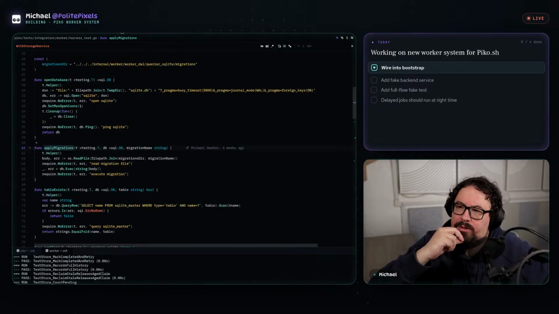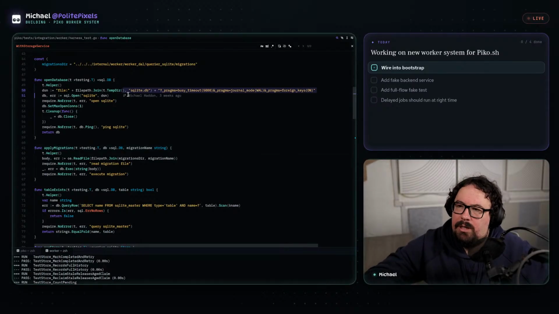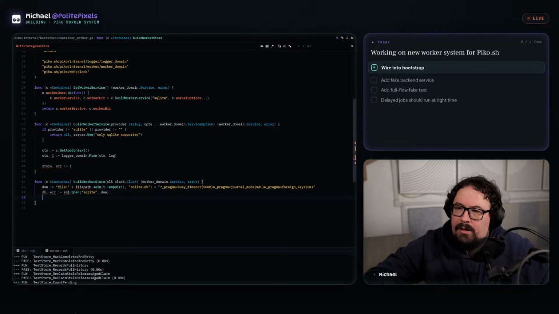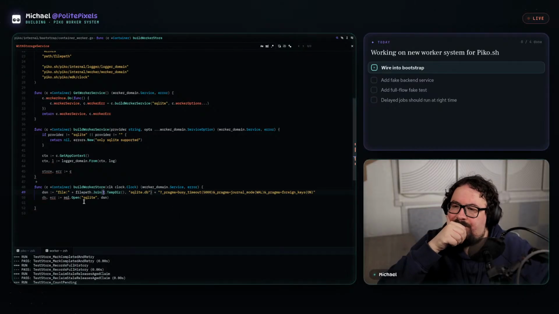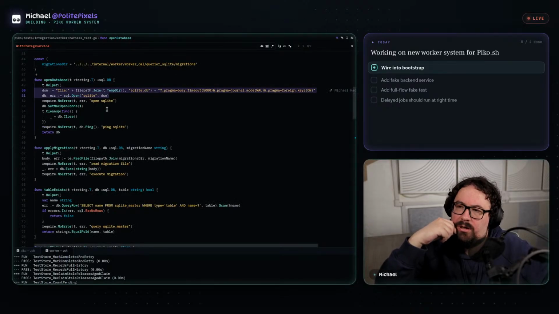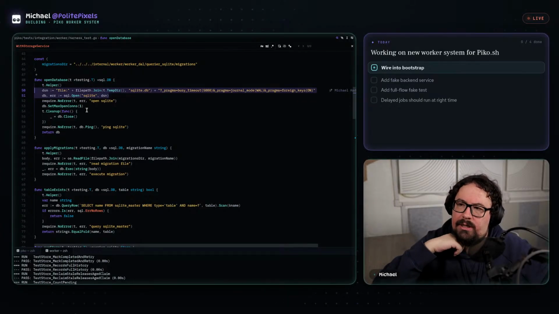Because when we create the store, I think we're going to be hard coding a lot of this to SQLite for now. And then I'll have to come back, because we're not going to be implementing Postgres until we've got everything working as we want.